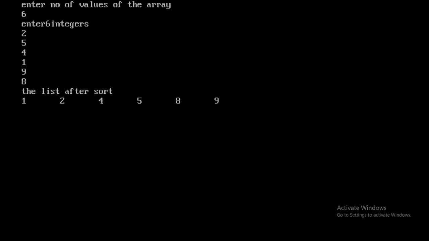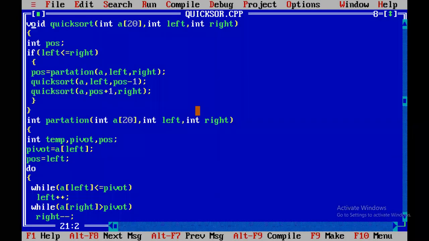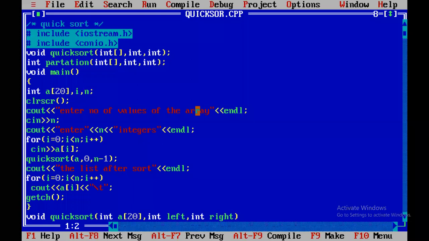We gave the input in zigzag order, not in sorted order. However, we get the result in sorted order. So what we performed here is the implementation process. You can always remember the concept, and once you remember the concept, you can easily implement the programs. No problem, it's not difficult work. Without knowing the concept, it's very difficult to implement. Once you know the concept very clearly, you can implement the program very easily.